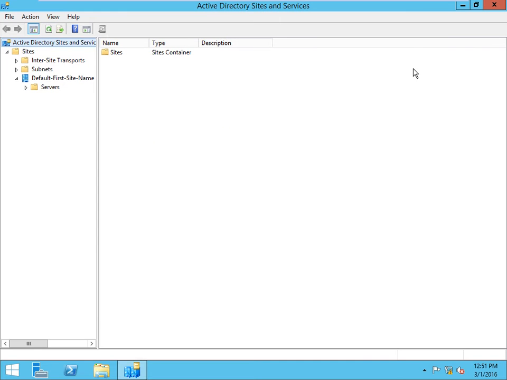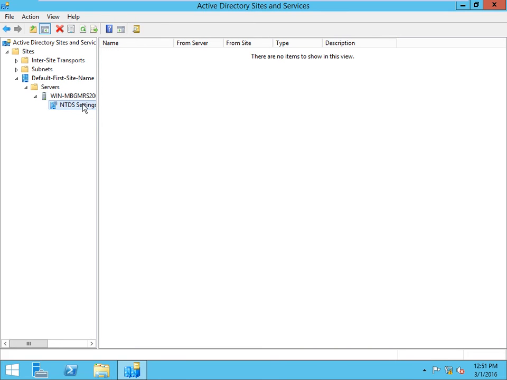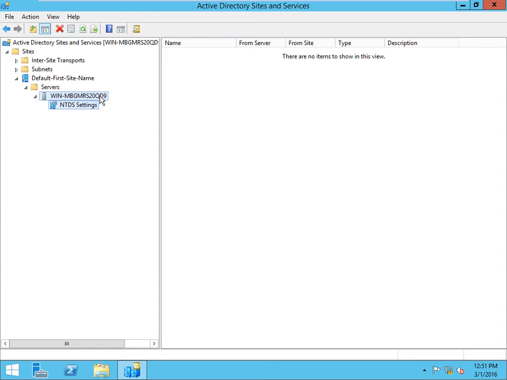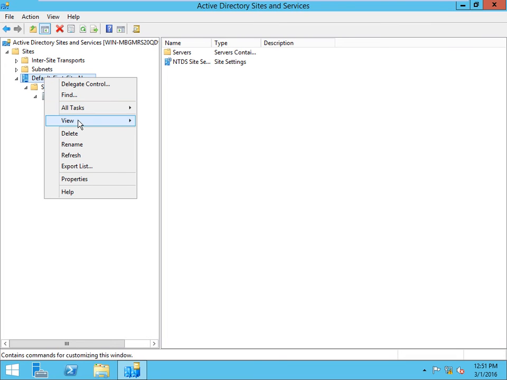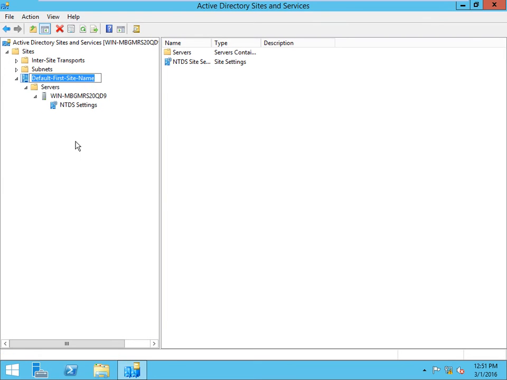So this is my computer. If you want to change the computer name, you can change this name also, but we have to reboot. This is, suppose, HO, head office. Done.